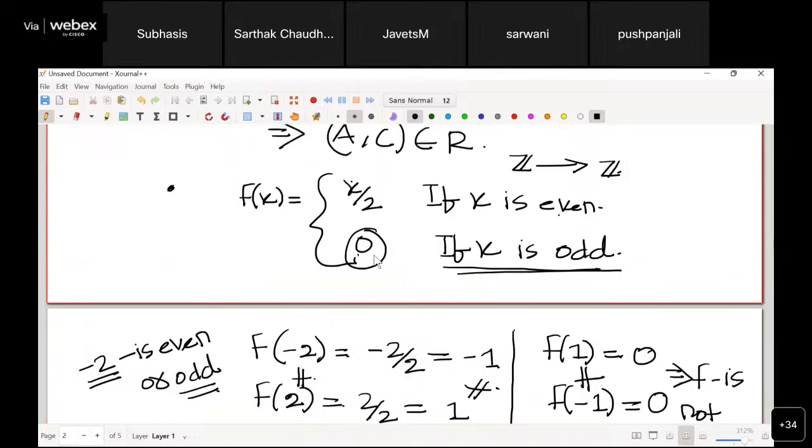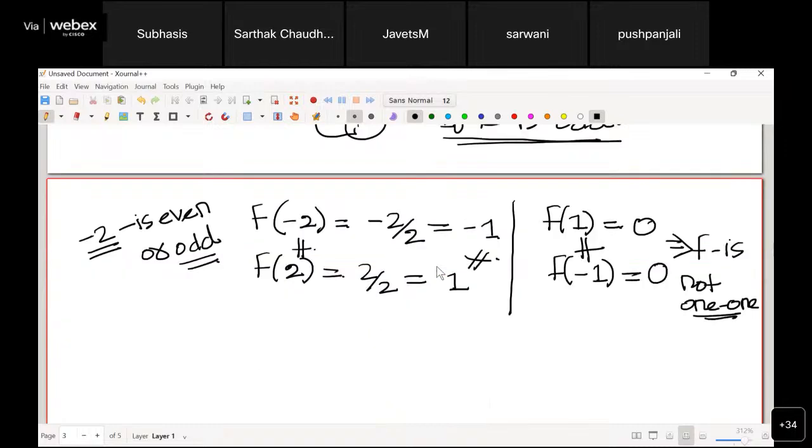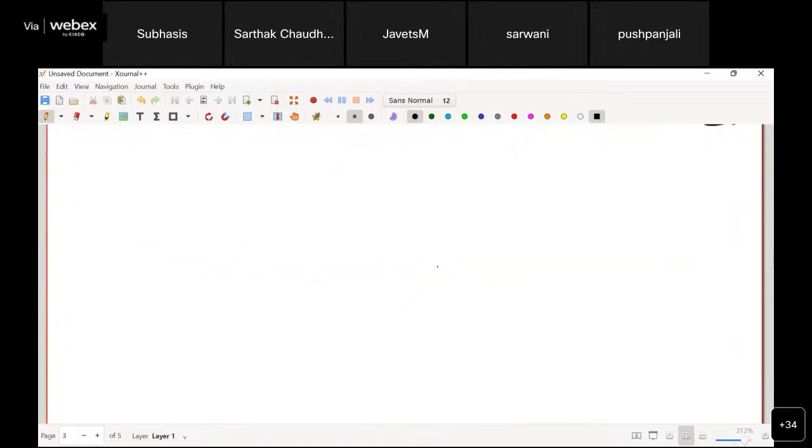What about onto? Whether this function is onto or not? See, clearly this function is onto because it says so. So if you want, let's say, the map is basically from Z to Z. So to show that this function is onto, if I take any a in Z,